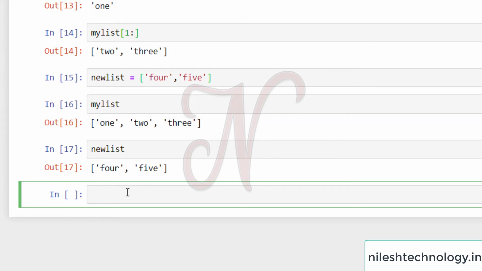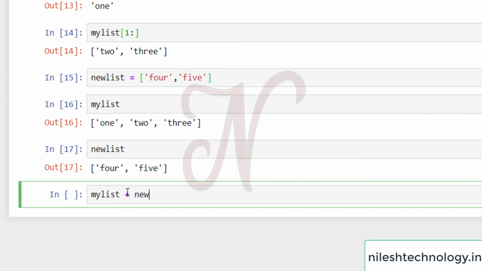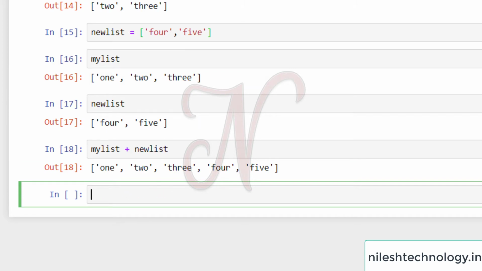So like a string, the plus operator can be used for concatenation of two lists. See here, the result of my_list plus new_list is 1, 2, 3, 4, 5.